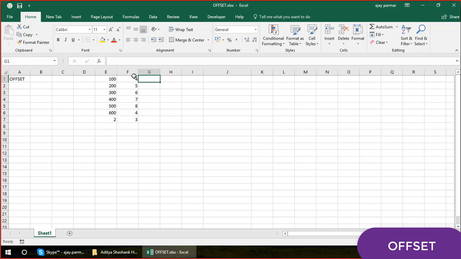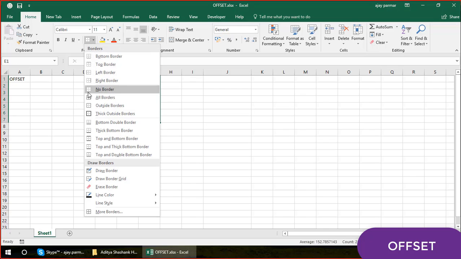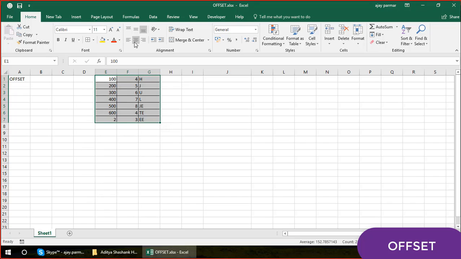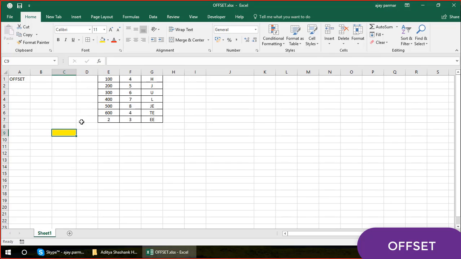This is my data, for example. Now let's say we want to get the value 600 here, but using the offset,